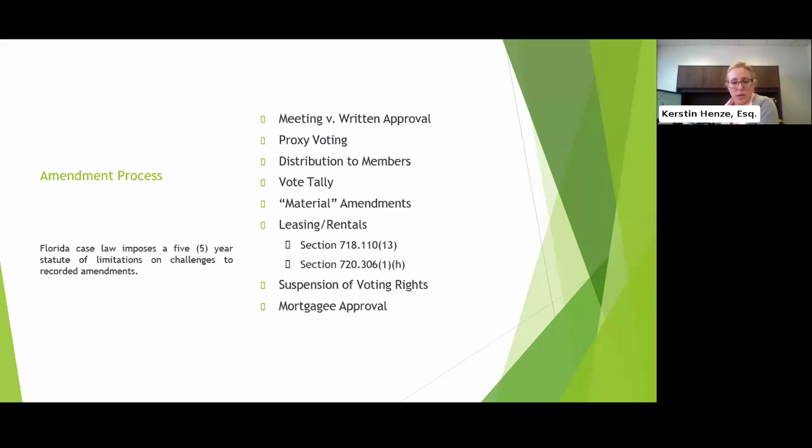The one distinction of the HOA statute is that it does allow associations to amend your declaration to at least prohibit leases for less than 6 months or more than 3 times in a year. So if you are considering an amendment to prohibit leasing less than 6 months or more than 3 times in a year, then the statute says that amendment would be effective against everyone. So just be cognizant of the statutory provisions when it comes to amending your lease restrictions.